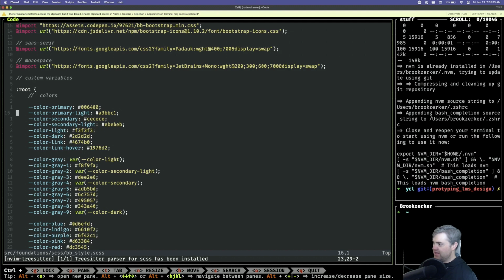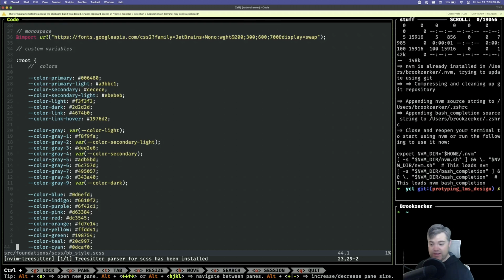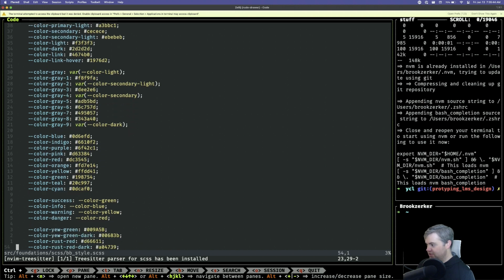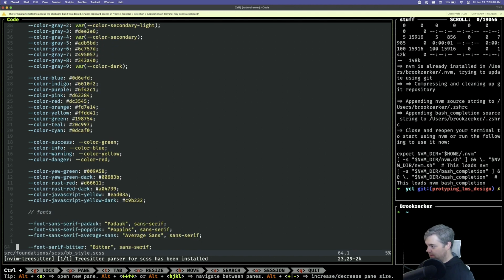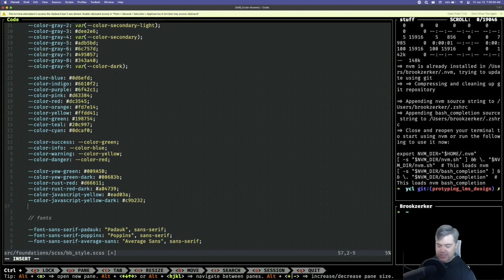So okay, here are the primary colors. These are the overrides that we have. And if you're not familiar, these are all CSS variables. This is not SAS. You can basically do this in CSS now, which is really nice. Here we go, we can have color Yew green, color green dark, color Rust red, JavaScript yellow. So I could do something like